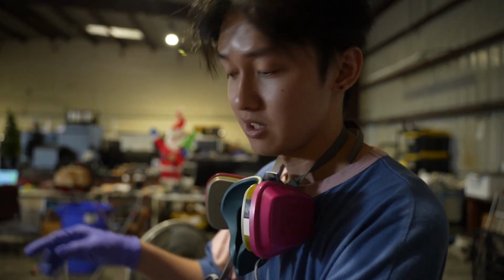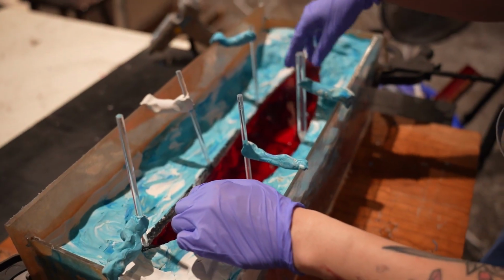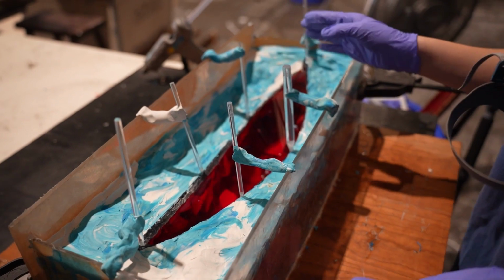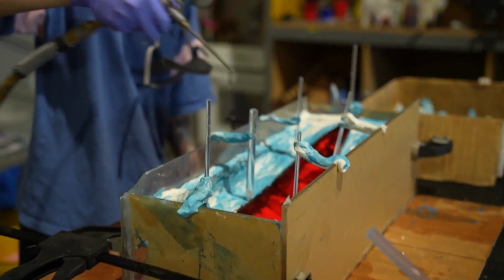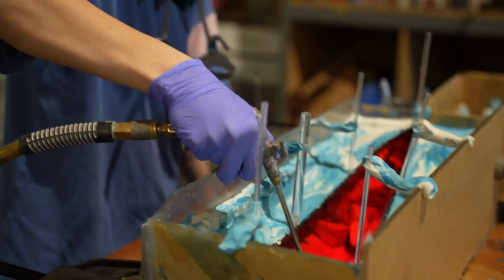sure the lens, this one, the face, is as clean as possible. So we're gonna do that now, after I find my air compressor. So now that the lens is clean, next step is we're gonna start mixing the silicone and then do a